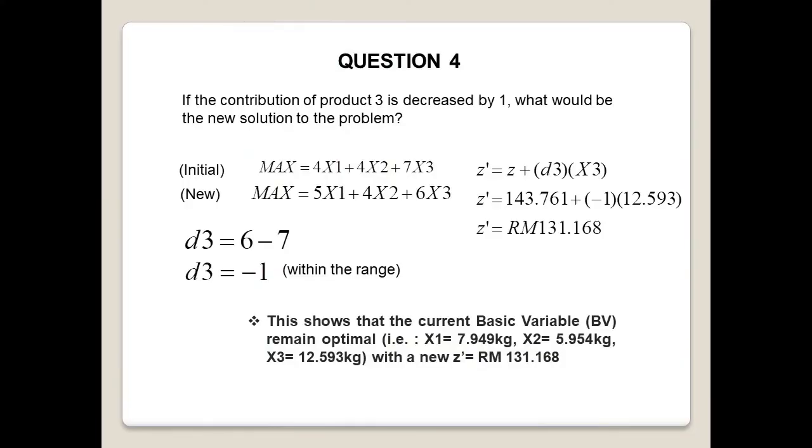Next, question number 4. If the contribution of product 3 is decreased by 1, what would be the new solution to the problem? Initial max equals to 4x1 plus 4x2 plus 7x3. New max equals to 5x1 plus 4x2 plus 6x3. Then we have to find the differences for D3, and then we put the value of D3 into the equation of Z prime equals to Z plus D3 multiplied by X3. We have to solve this equation and then we get the Z prime value, which is RM